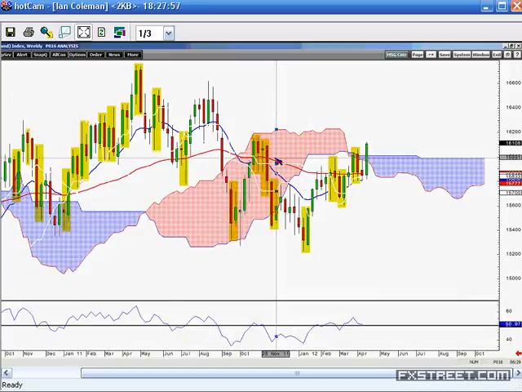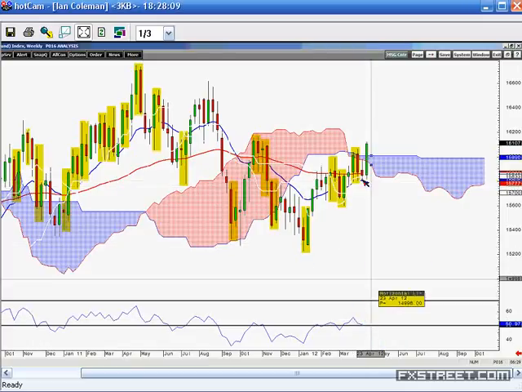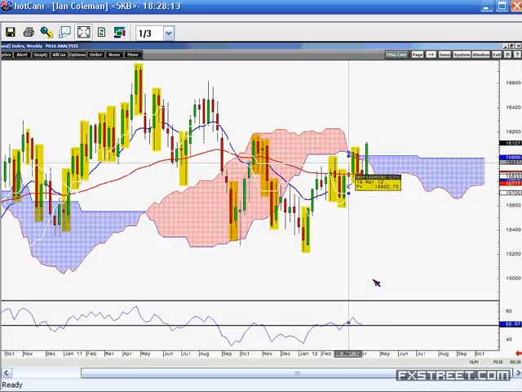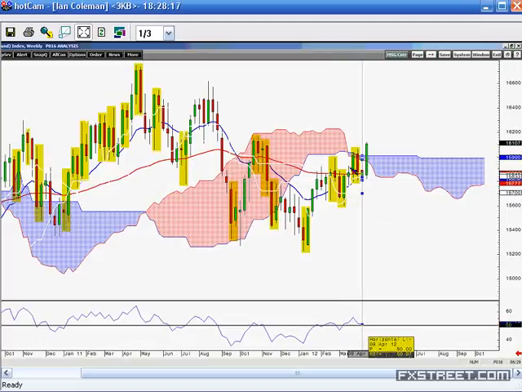Weekly. Now there's nothing here that says that you should be shorting cable. On the weekly chart, it's bullish. Cable came back just on this dip, and they don't work all the time, by the way, because